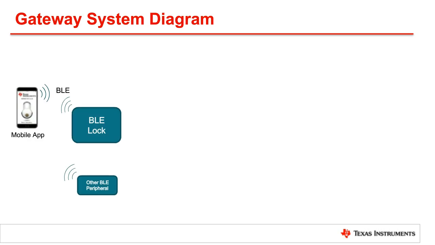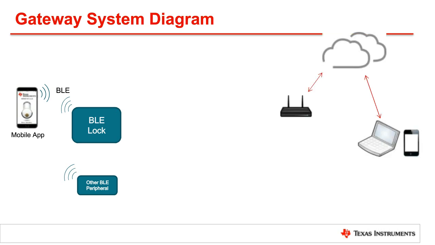Thank you, Beatrice. Now let's dive deeper into how we can use these devices to enable bidirectional communication between BLE peripherals, such as a smart lock, and the IBM Cloud. Let's first consider a BLE-enabled device, such as a smart lock. Using BLE as the primary connectivity solution in a lock allows a user to control the lock directly from a mobile application on their phone. This is great because it helps eliminate the need to search through a key ring for the right key, and it makes it easier to manage who has access to the lock. However, a BLE-only smart lock solution is limited to just local control.